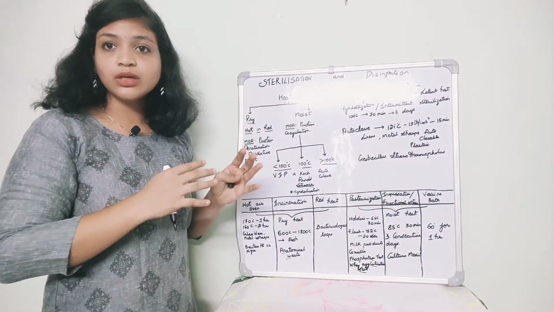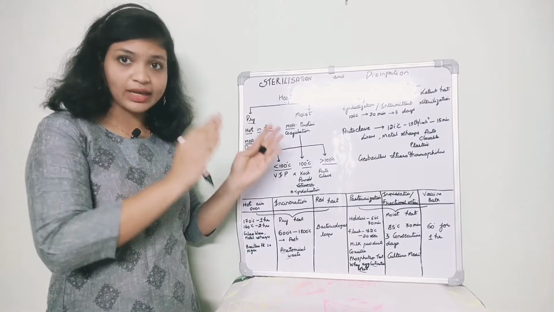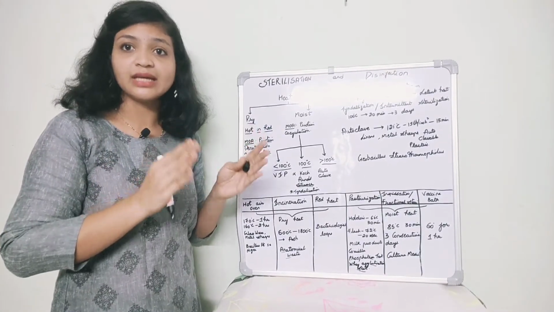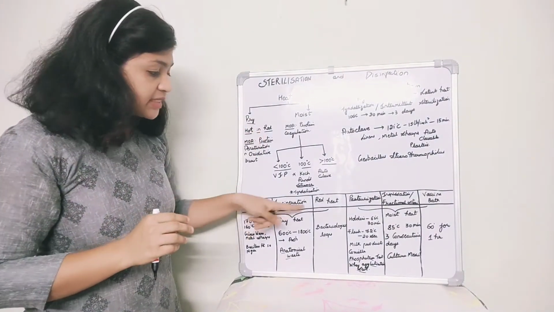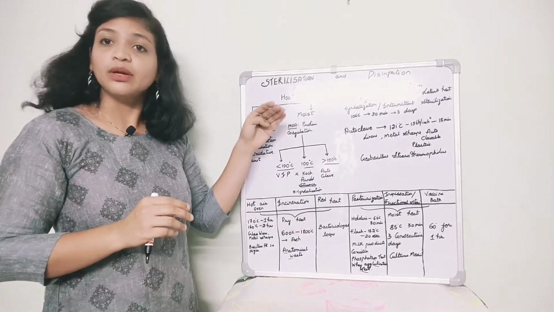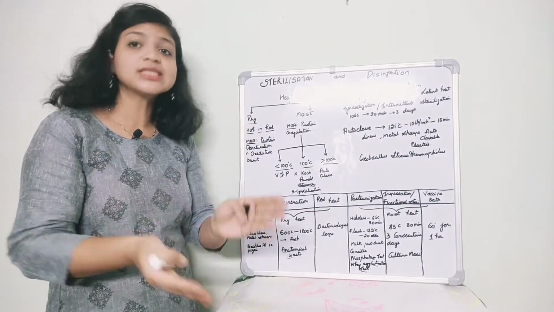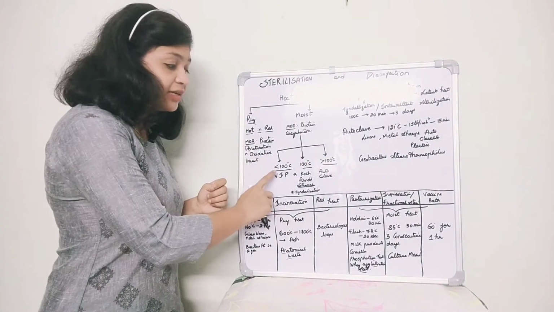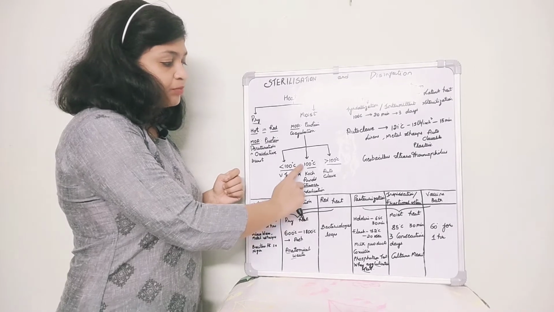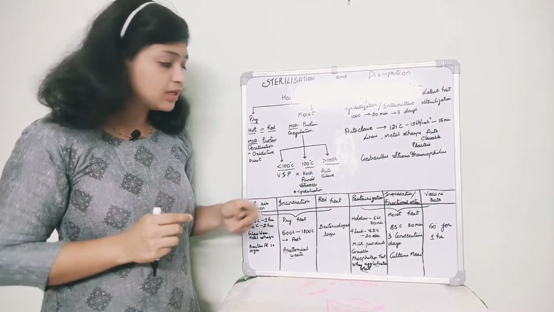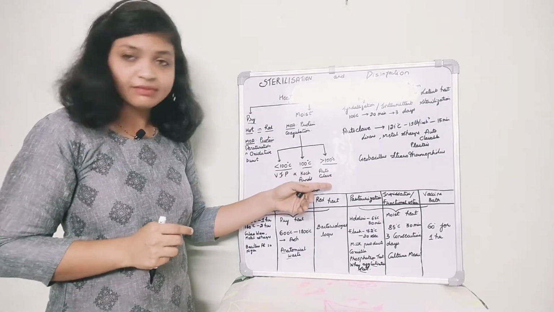So, coming to the gist of this whole topic, we studied the heat processes of sterilization. In heat we have dry heat and moist heat, and dry heat we remember as hot in red. Hot means hot air oven, in means incineration, red means red heat. Coming to moist heat, we divide it as less than 100 degrees Celsius, at 100 degrees Celsius and greater than 100 degrees Celsius. Less than 100 degrees Celsius we have vaccine bath, inspissation or fractional sterilization, and pasteurization. At 100 degrees Celsius we have Koch-Arnold steamer and tyndallization or intermittent sterilization. Greater than 100 degrees Celsius what we have is autoclave.